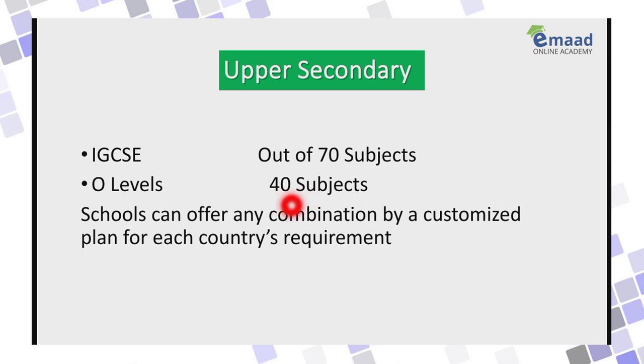You can choose 2 subjects, for example, in the 2025 October November exam, and then you can choose other 6 subjects, and your children can appear in the next May June 2026 exam. So there is no compulsion of appearing for all subjects at the same time. There is no matter of duration. If you appear for two subjects in May June 2024, and two subjects in October November 2024, and then two subjects in May June 2025, like that, it is very easy for your students to complete subjects one by one, or two, or three subjects in combination.